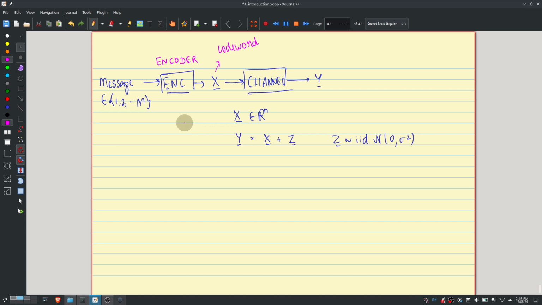Right? So basically what the encoder does is, for each message it identifies one particular vector to transmit, and this